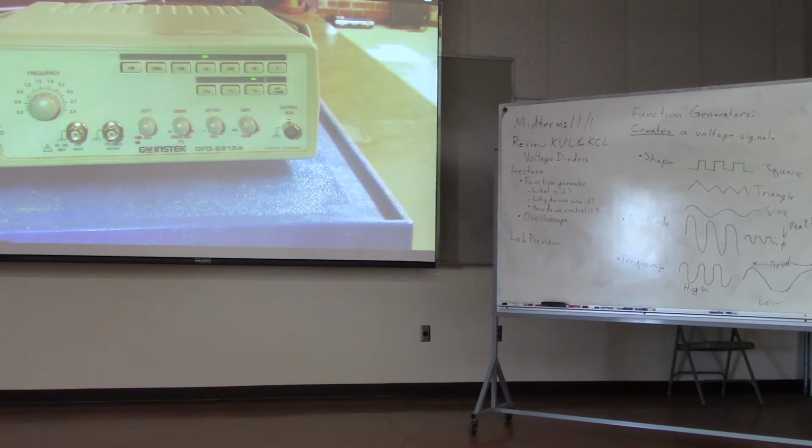And the answer is that multimeters only measure your signal at one particular instant. And oscilloscopes let you see a picture of your signal over a period of time. Also, the multimeters will give you an average of your signal if you're looking at a DC voltage. So,